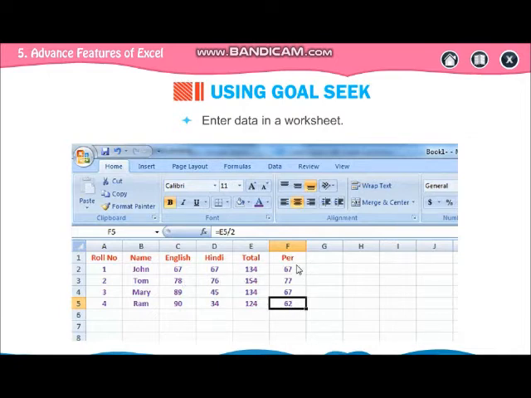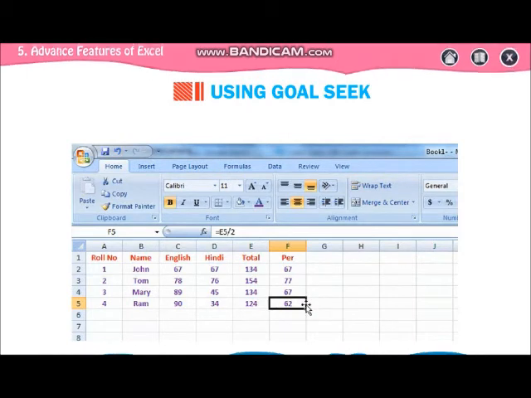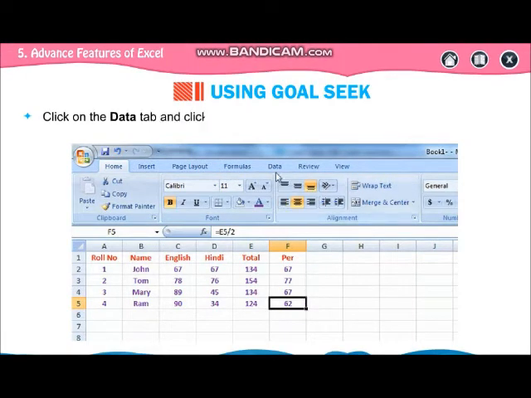So these are the two things in your formula: one is your sum function, second is your percentage function. Calculate total and percentage as shown in the figure using your formula.